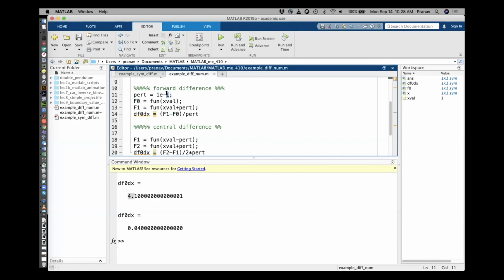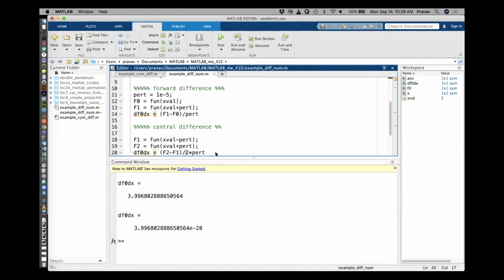If you want to go on the other end, try -8, and then -11. So both look good. 12. And then I think this will give you garbage values. Okay, it still looks good, but it's getting less accurate. Okay, so I'll stop here, but you should try this with more complex examples to see how these two do. So again, there's no hard and fast rule on the accuracy, but you can expect central difference to do a little better